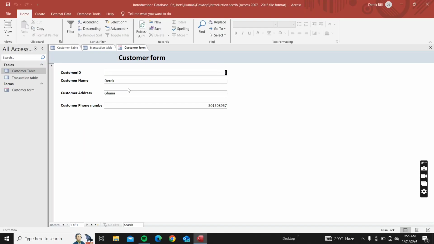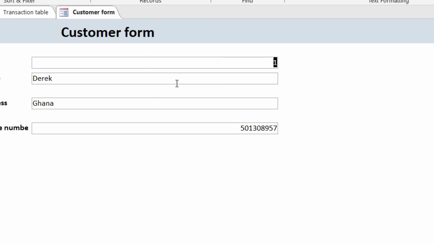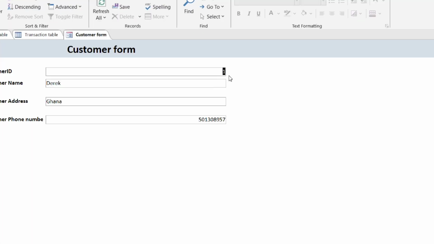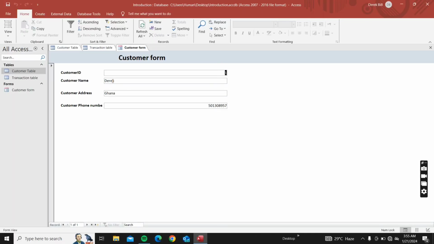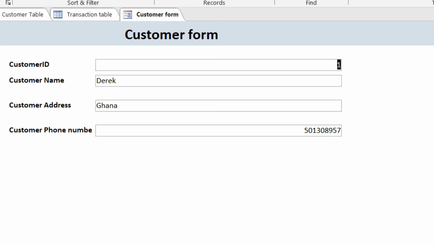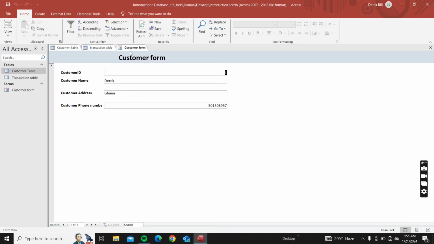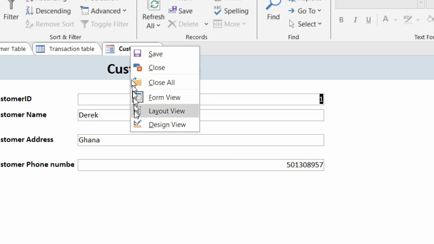Nice form. Yes, but you can see that the alignments are different. The customer ID is on the right side, it's right aligned. The customer name is left aligned, customer address left aligned, customer phone number right aligned. We don't want this. So let's head back to the design view like this. Click on design view,